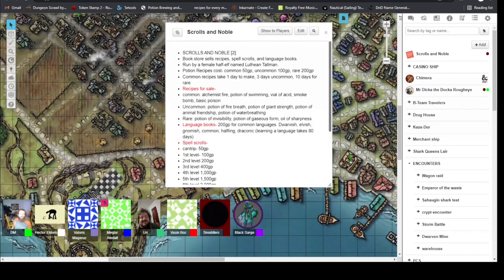All right. So, well, sorry, Megler. You guys start following Megler down the streets into West City. We'll come back to that. So now, I posted in the journal. You can see the Scrolls of Noble